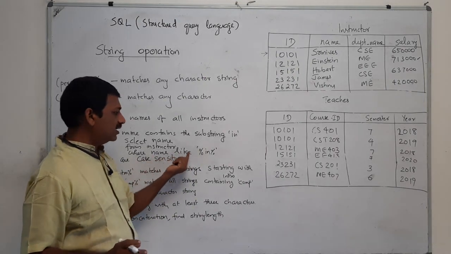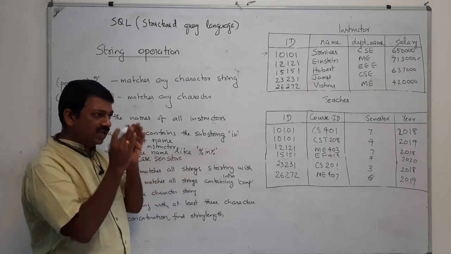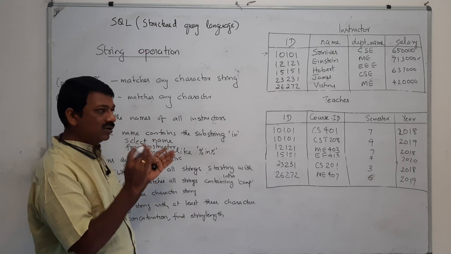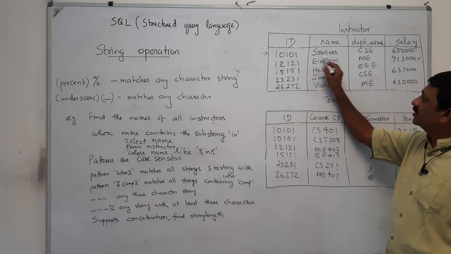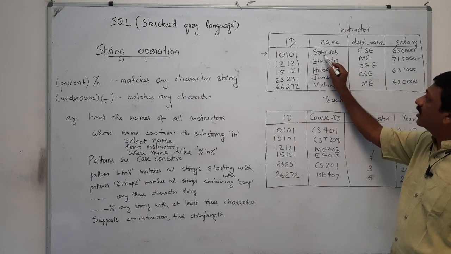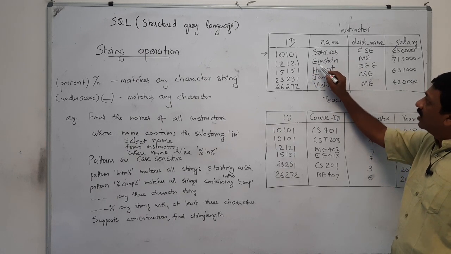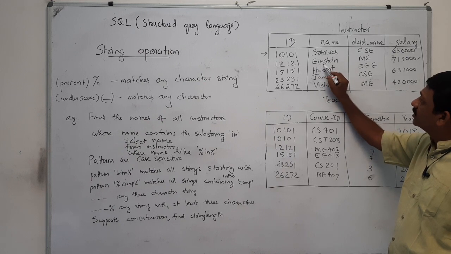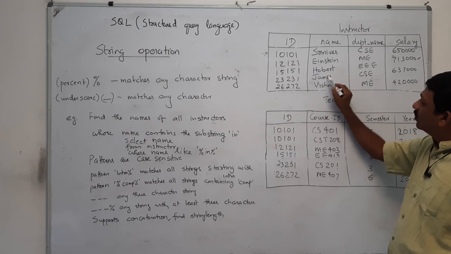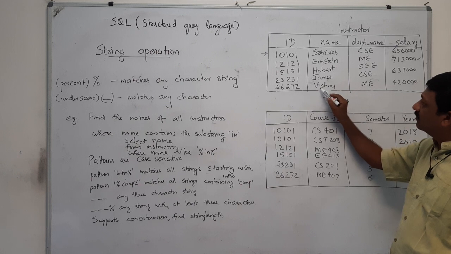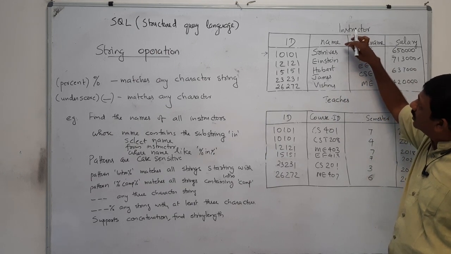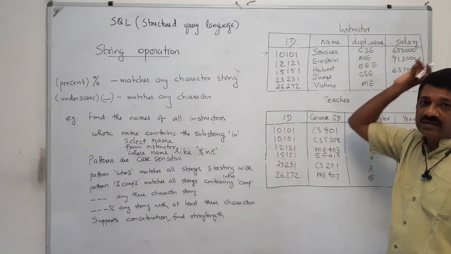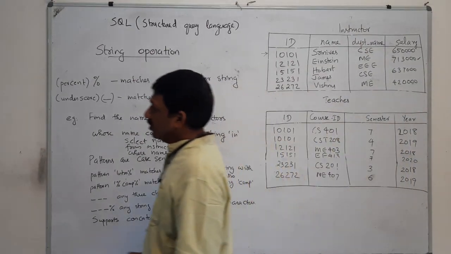So name like percentage in percentage means the name contains "in" somewhere in between. Here Srinivas has "in", so that is qualified, and Einstein also contains "in". Hobart is not having "in", James is not having "in", so that will return Srinivas and Einstein. Okay, so